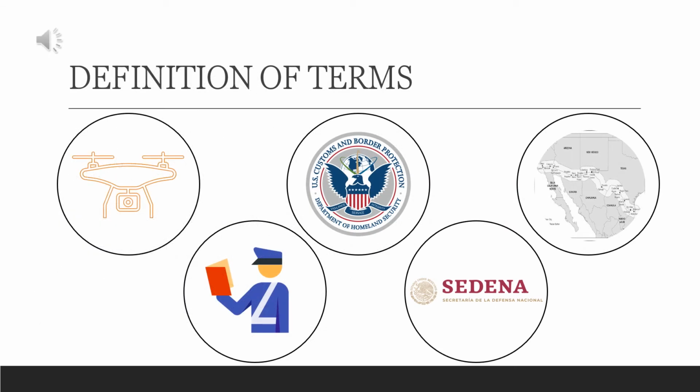Some terms we'll need to get familiar with are UAV, which means unmanned aerial vehicle. Also we have CBP, which means the US Customs and Border Protection. Border, which is the line separating two political or geographical areas. We have customs, which are duties or tolls imposed by law on commodities imported and exported. And finally, Sedena, which in Spanish means Secretaría de la Defensa Nacional,